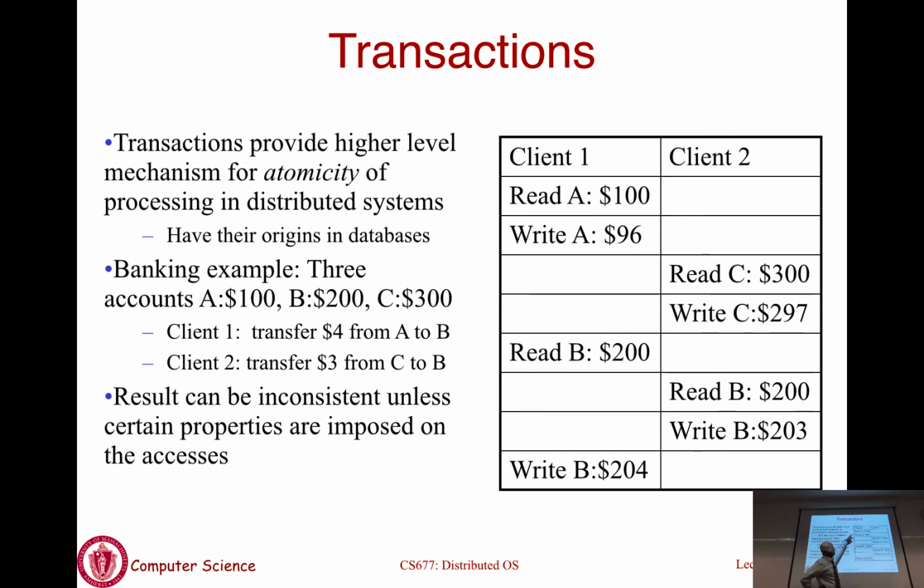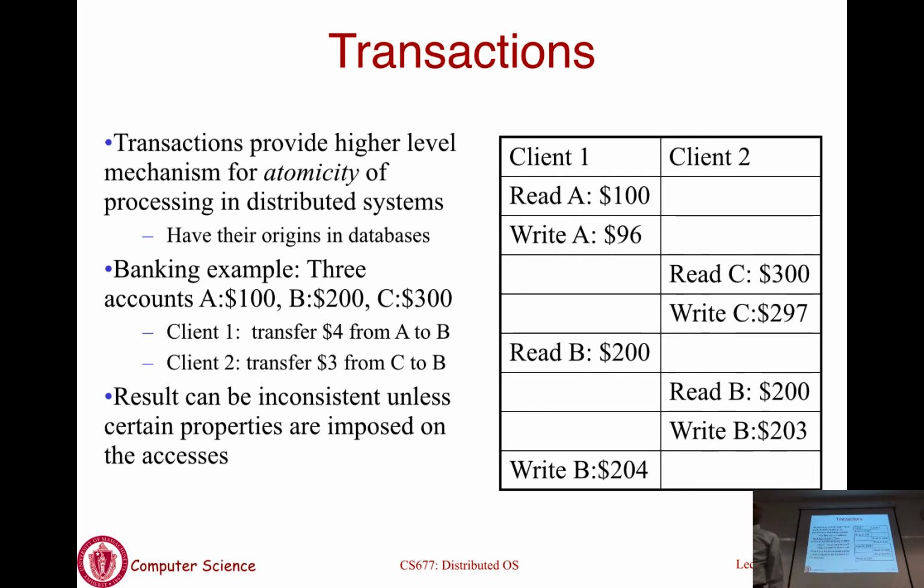So you will read A and deduct $4 from it. You're going to read C and deduct $3 from there. Now client 1, let's say, reads B. And now let's say the client, because its time slice expires or whatever, gets swapped out, and then you start executing client 2 here. That's going to read, and you still get $200. You add your $3 to it, and then client 1 continues execution. It already read B. It doesn't know B has changed in the system. Because it read it, it simply continues to execute, and it's basically written